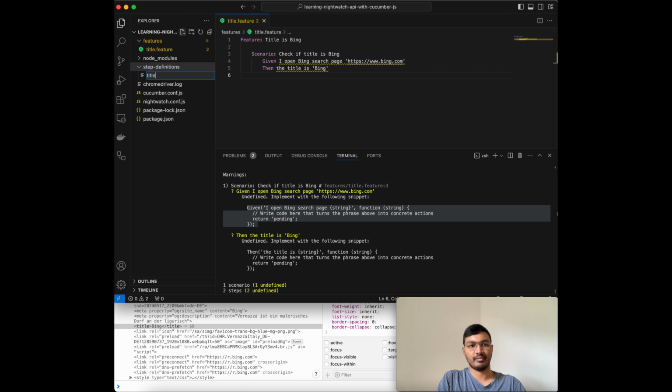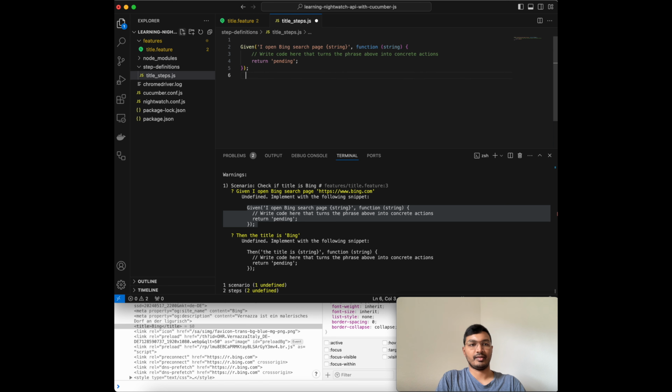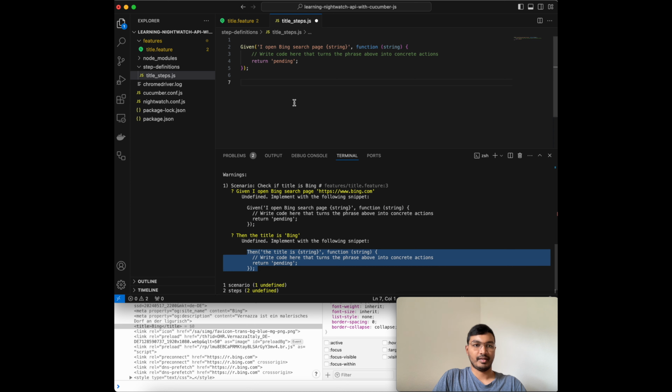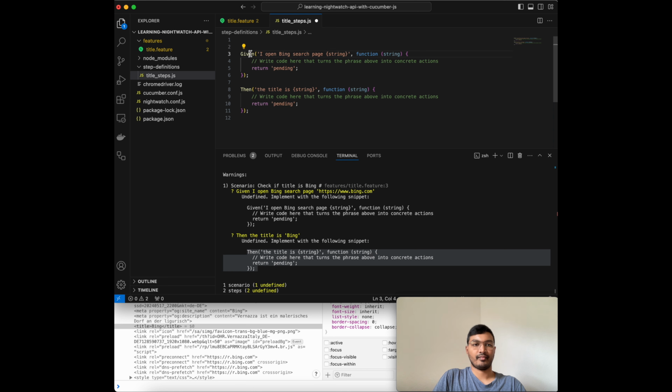We need to have the same one, title underscore steps dot js. You can copy paste from the terminal, and we also need to